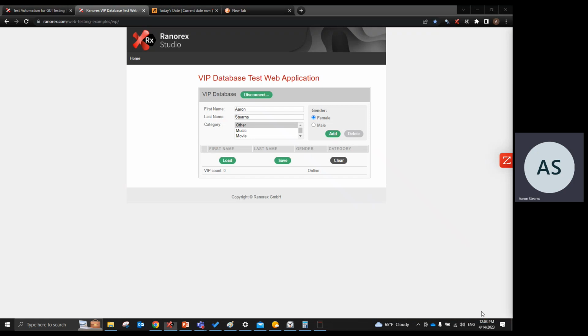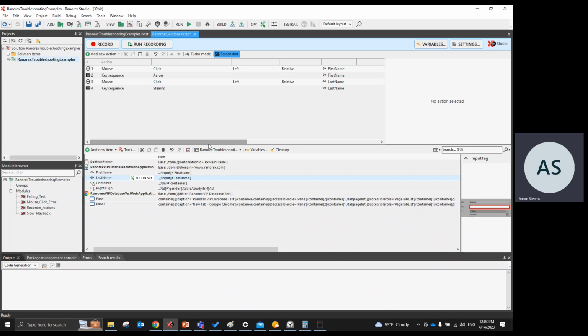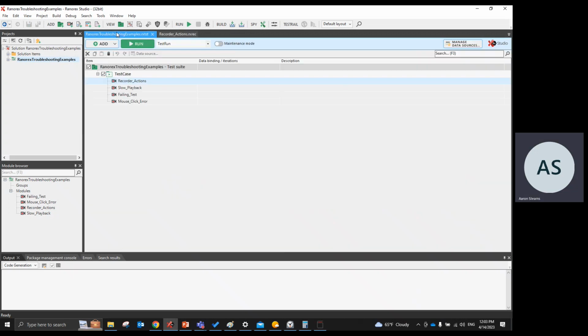So I'll stop the recorder here. This is just an example of recording actions and developing the eye in Ranorex to be able to see, am I clicking on the things that I meant to click on? And then when you finish the recording, are these actions actually the actions that I wanted to record? So let's go ahead and save this, and we'll move on now to our next example, which is the example